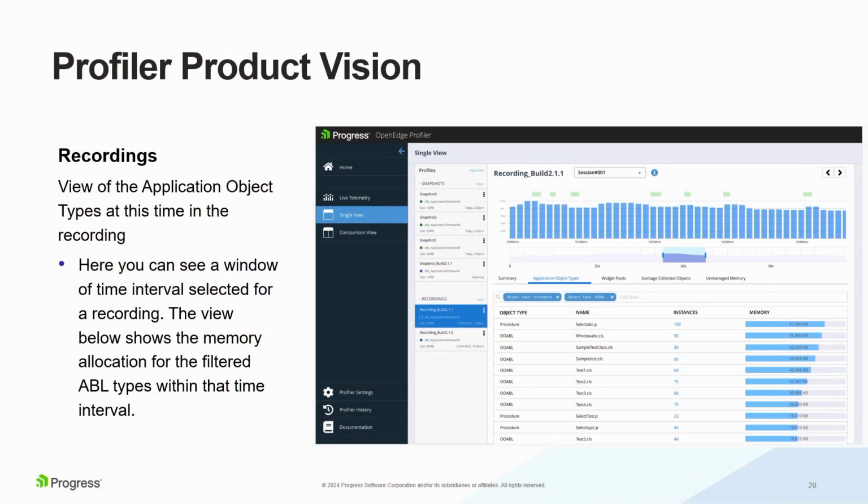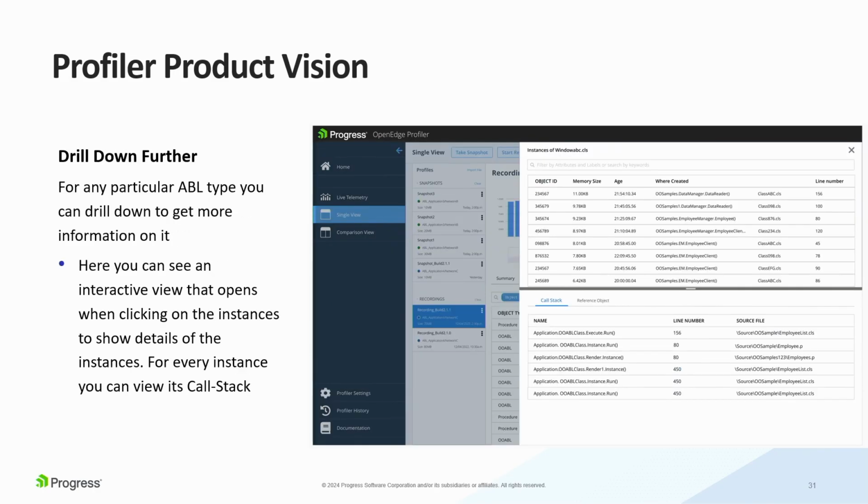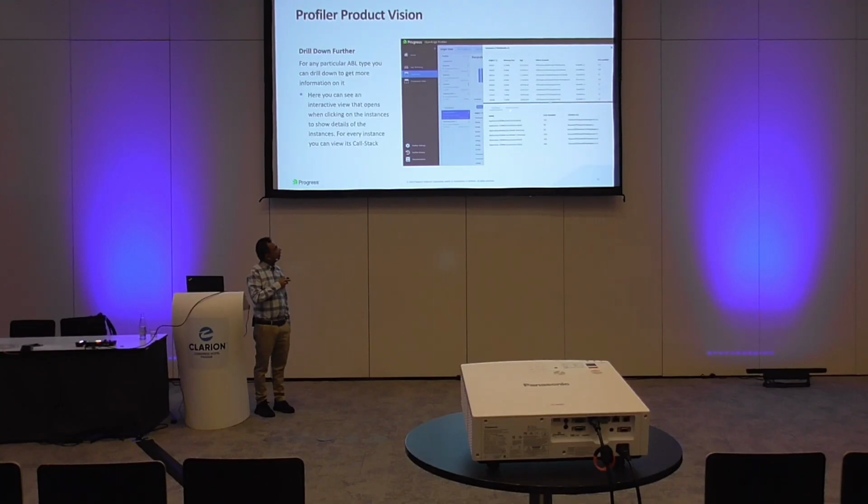The next thing is that after the summary, if you go to the next screen, it will say how much memory each type of object consumes. If I click on that object, it will show me the detail about that object. Let me go one step further. So during that time, I have this OABL object. If I click on the OABL, this type of object,